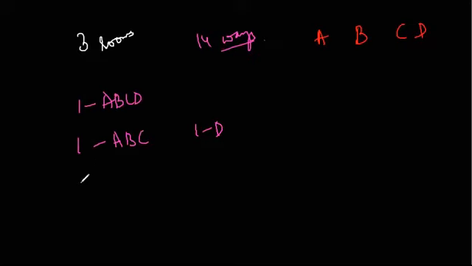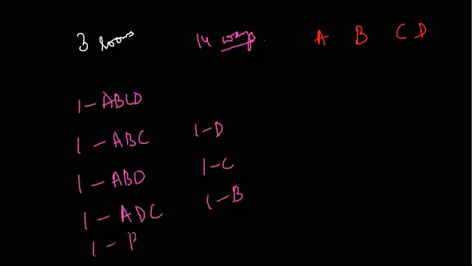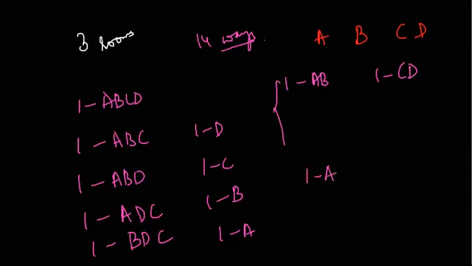And similarly for this you will get 4 cases: A, B and D in one, C in one, then again A, D, C in one, and then finally, this is the fifth. Then again you can put combinations of 2 in each, so AB in one, CD in one. This way you can repeat the other cases, and then finally A in the first room, B in the second room, and CD in the third room. This way you will get totally 14 different ways.